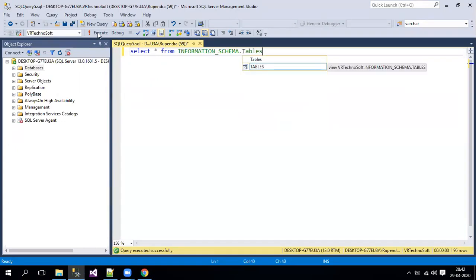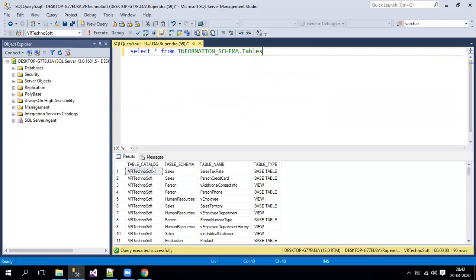When I execute this, you can see TABLE_CATALOG, which is nothing but the database name, then the schema that the table belongs to, then the table name, and then the table type, whether it is a base table, a temporary table, a view, or a stored procedure, anything. As of now, we'll take only base tables. After that we need to consider the keywords like temp and backup, and finally filter and drop those tables from that particular database. That is the requirement here.